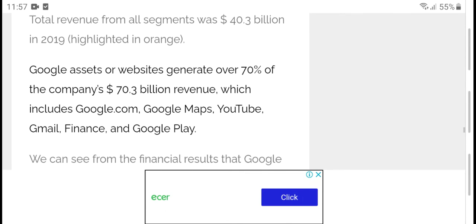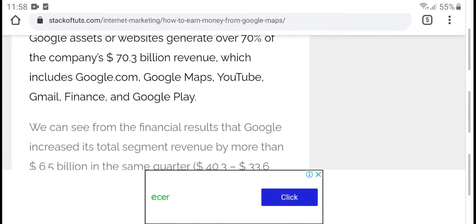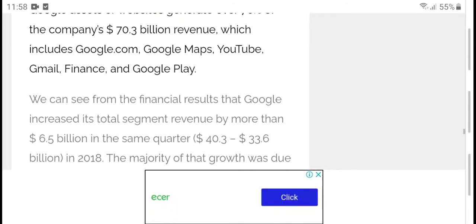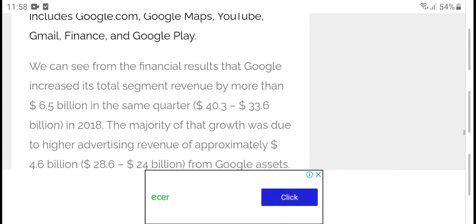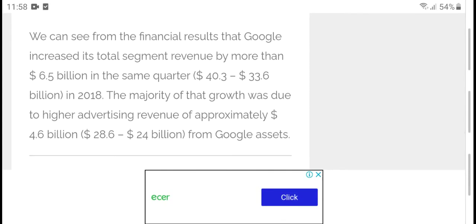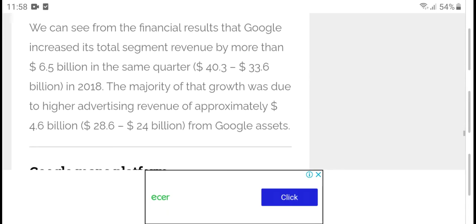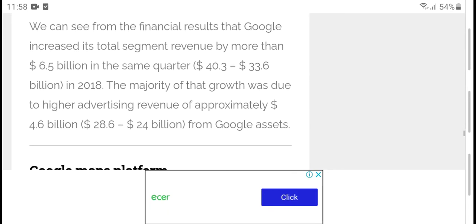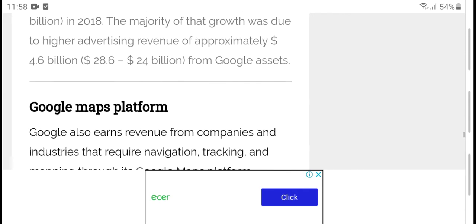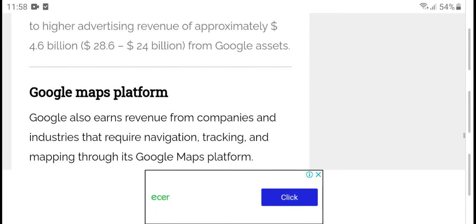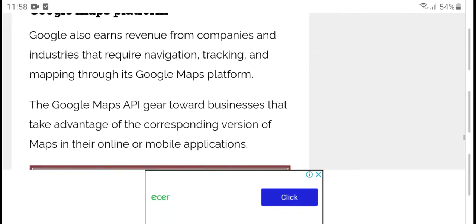400 million. Google's website generation is over 60%, and companies' millions of revenues include Gmail, financial, Google Pay, and financial results. Google's total estimated revenues are more than millions, with budgetary growth and 4.6 billion in Google's Maps platform.